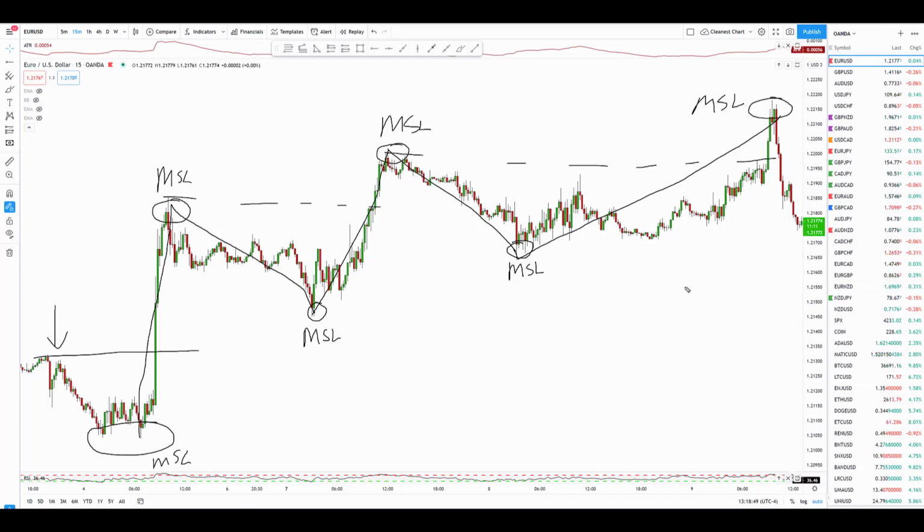So there's not really any way to make this completely objective. And I know that sucks. I know it's a lot easier with completely objective rules, but I've not found a way to make this completely objective yet. But this is the way I identify major swing levels, is the top and the bottom of my impulsive